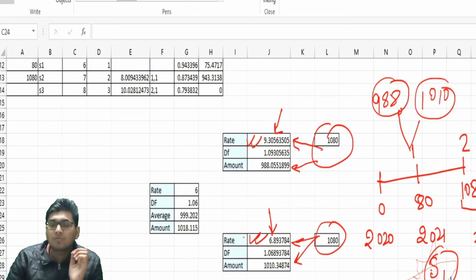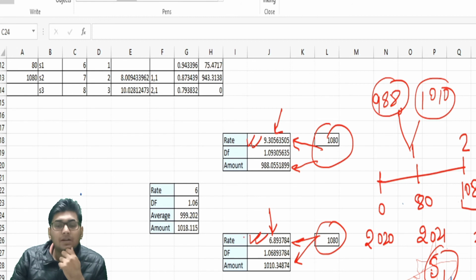So what is the amount which will be discounted? Write down 999.202 plus 80, divided by 1.06. So the answer that is given over here is 1018.115. Clear? Now you are shocked that by doing so much, the answer which is given by the binomial tree